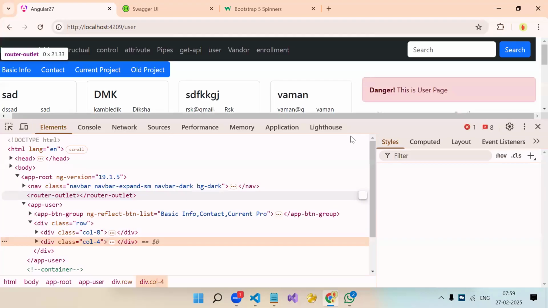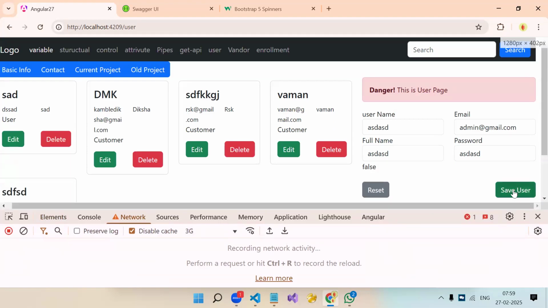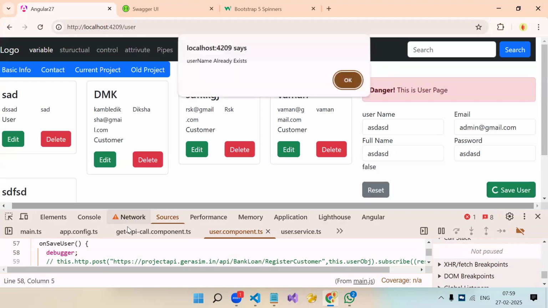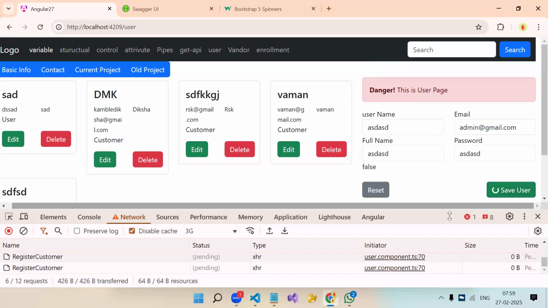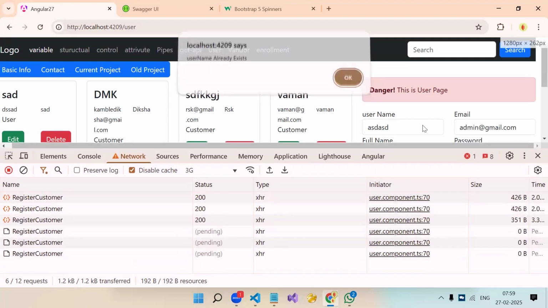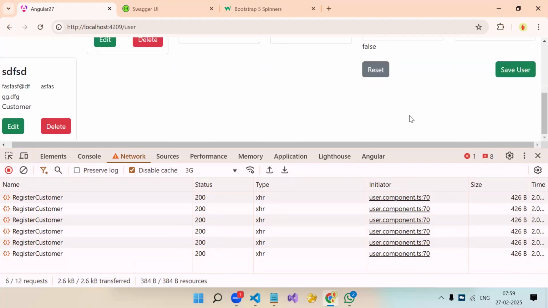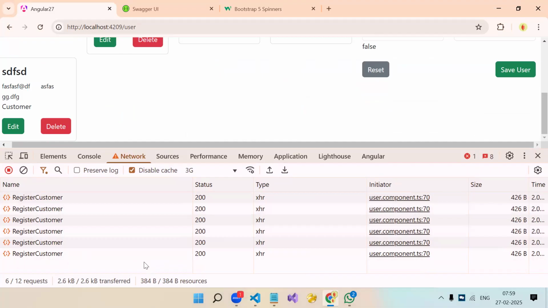Let me show you. So now, once we save and do that thing, loader will be coming. It is working fine. And once we get the response, loader is getting hidden also. Now user will know. But might happen, user is able to click multiple times. See, even though we show loader, some user might click again and again, right? So still we have multiple API call going on. Now how we can restrict this multiple API call? How to avoid this multiple API call?